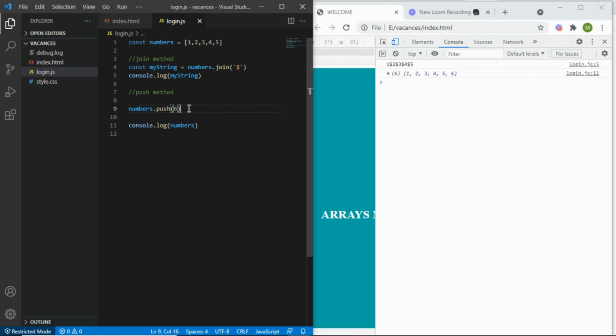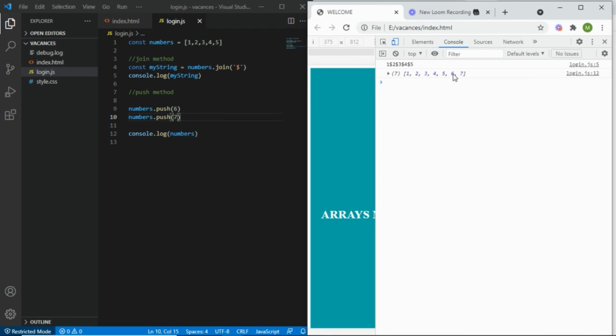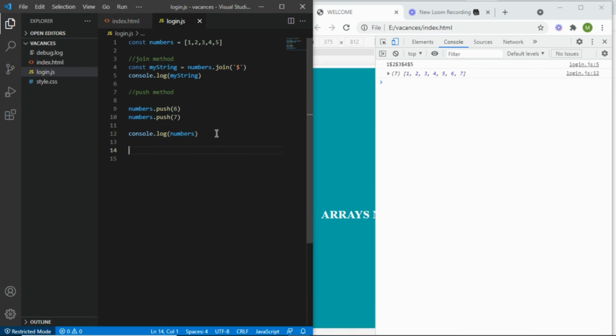So let me quickly duplicate this line. And I say maybe I would like to add 7 also. So if you refresh here, you're going to see we have an array from 1 to 7, right? Okay, as you can guess, I've talked about a method to add an item at the end of the array, and you'd probably be like, we should have a method to remove an item from the end, and that's